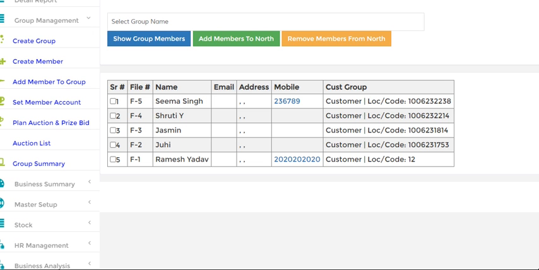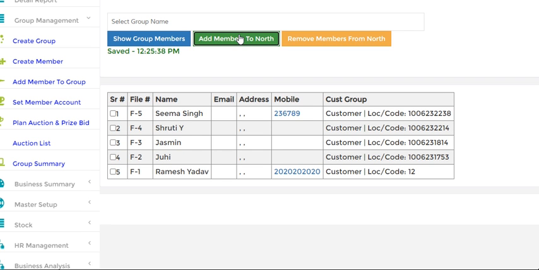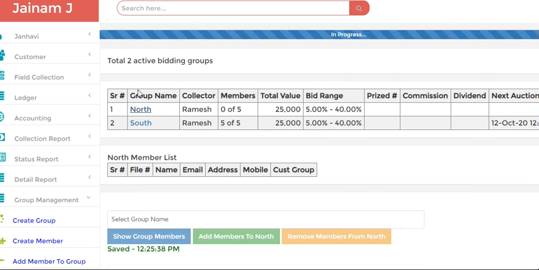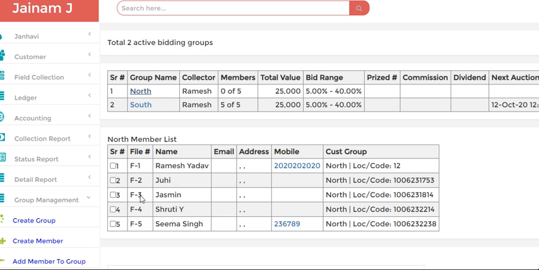You can see the 5 members we have created. Now I will select these members, and add all of them to the North region. If I select North, you can see 5 members I have added.